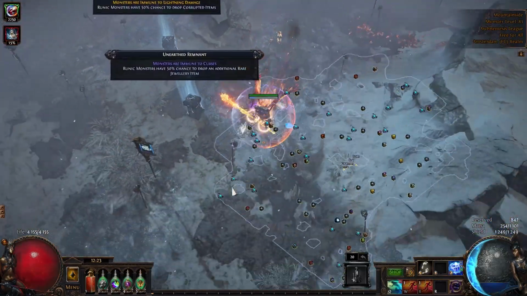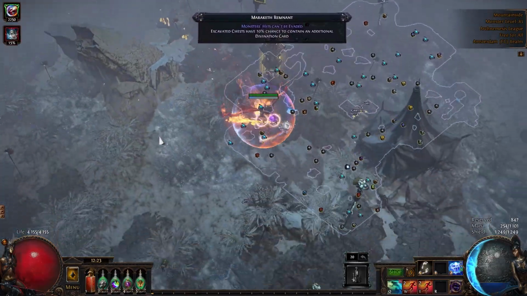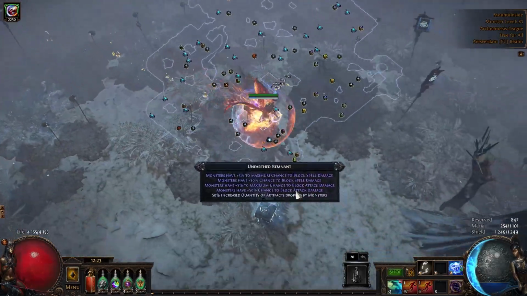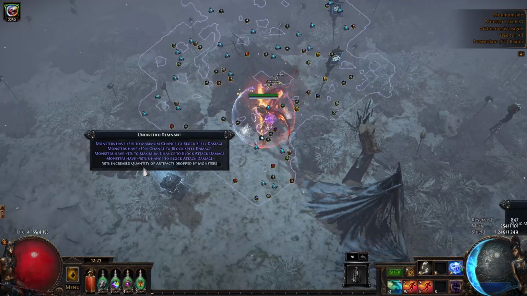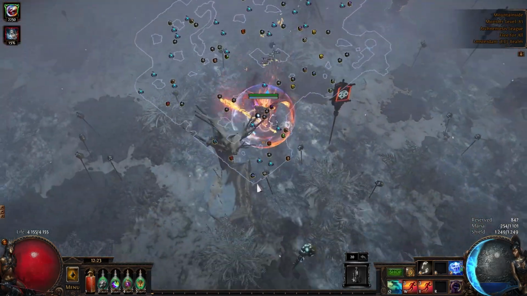And this is why I don't like this layout, because it's a very big map, so it takes a long time to search for the remnants. Also, you don't have to absolutely search for them, but this is just something I prefer to do. So now I found "quantity of artifacts dropped by monsters", so now I know this is the place I'm gonna